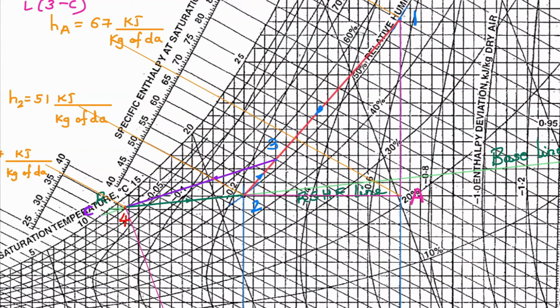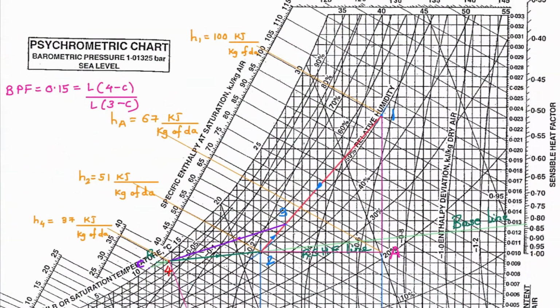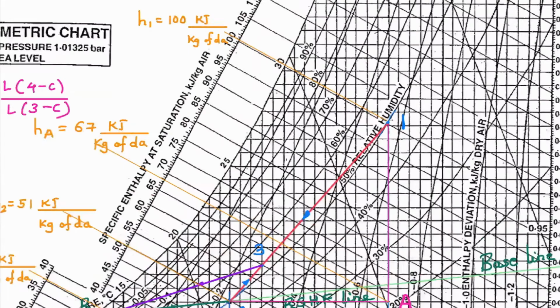Now after this, as I have told before, we have to find the outside air sensible heat and outside air latent heat. So I have drawn a line vertically downward from point 1 and towards the right in the horizontal direction from point 2. The intersection gives point A. We have to read the values of enthalpy of point 1, point A and point 2. So we will read those values now.